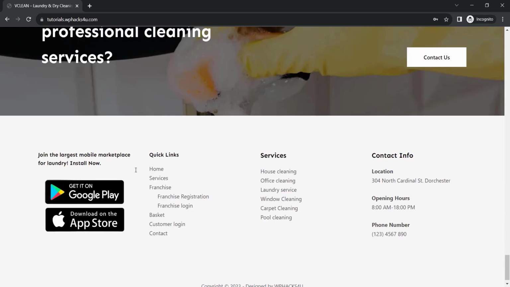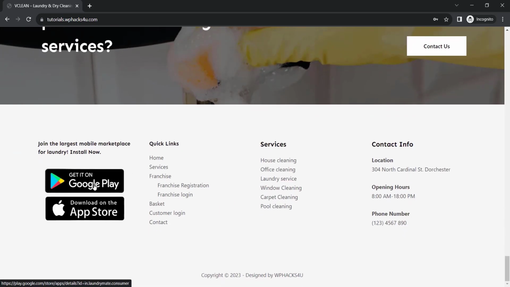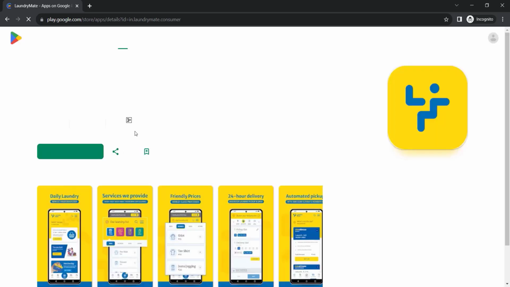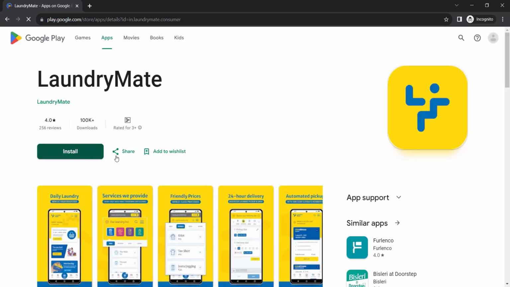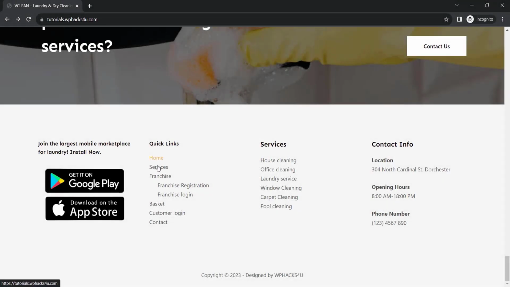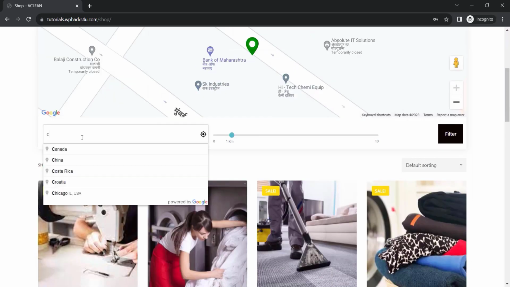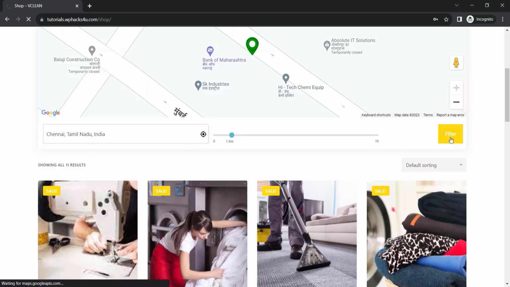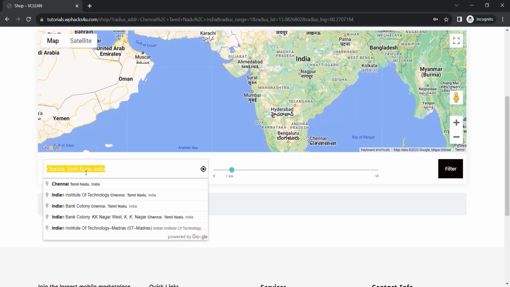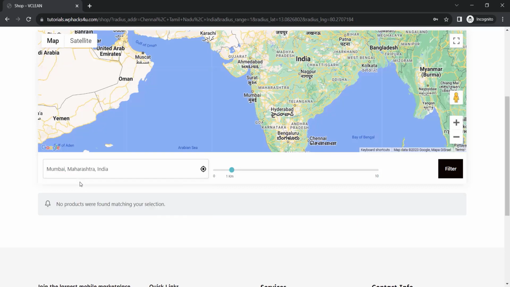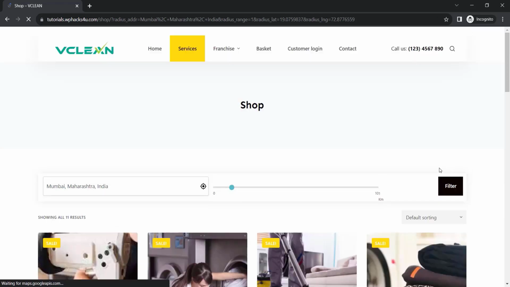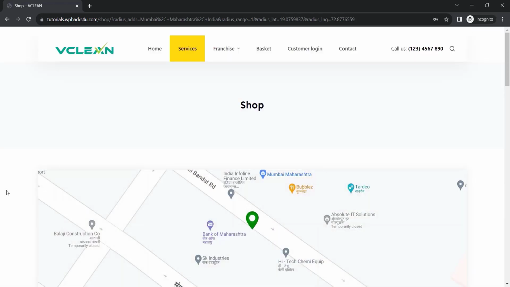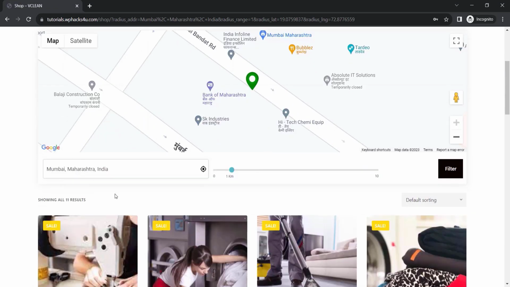For this website, we can check there is an Android app also available with our website. If a customer visits our website, they can install the Android app and see the services option here, and it's totally based on Google Map, with location based services. If a customer checks with their current location, some areas will have no services available, and you can check the service available area here, shown on Google Map